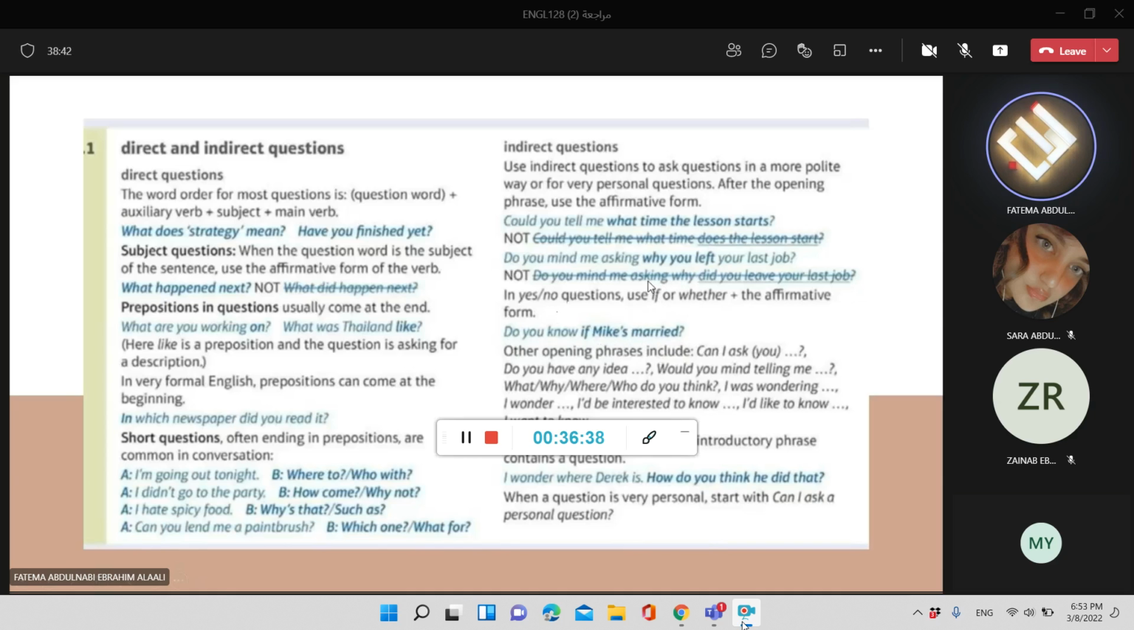لازم نستخدم if. هني مثل ما خبرتكم هني اللي هو other phrases for the opening indirect questions. So only use, again هاي الكلام اللي قلته، only use a question mark if the introductory phrase contains a question. So I wonder where Derek is. How do you think he did that? نحط هني question mark، لكن في هاي الحالة I wonder نحط full